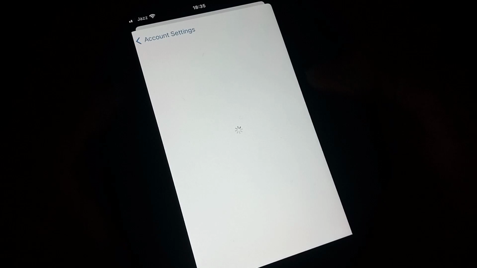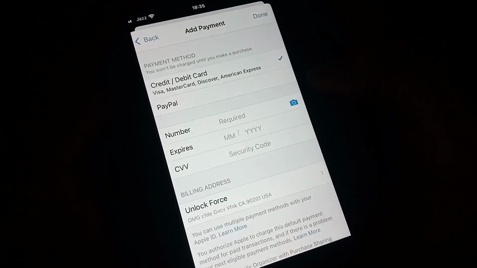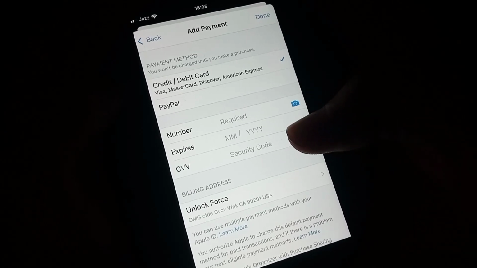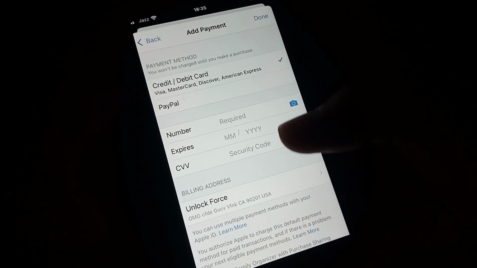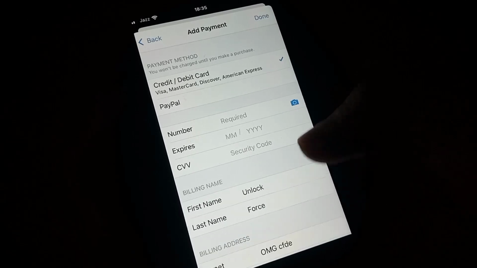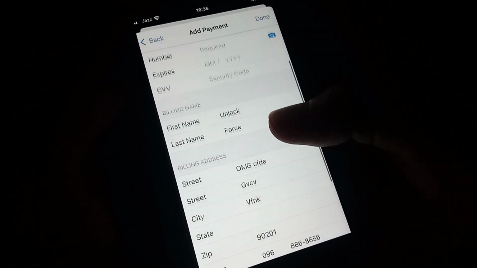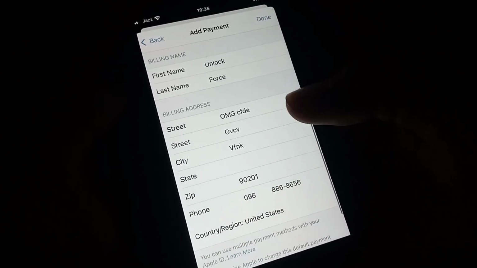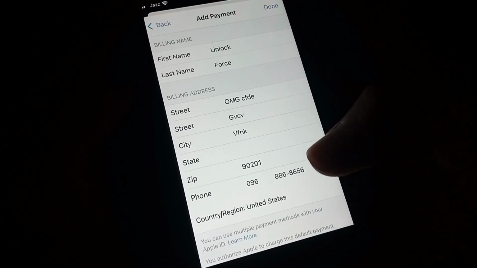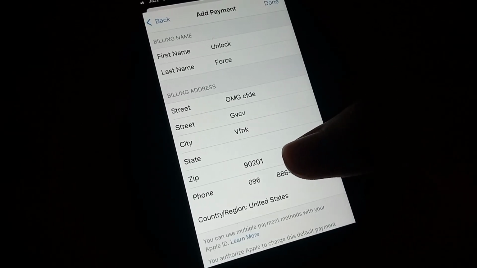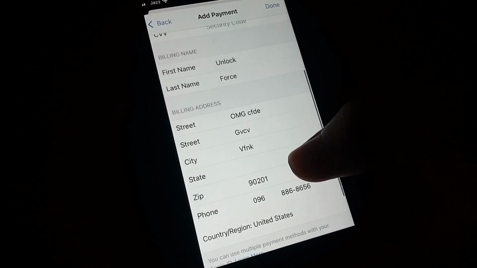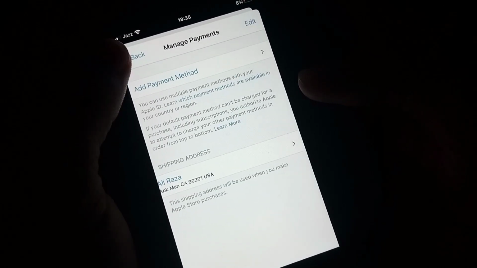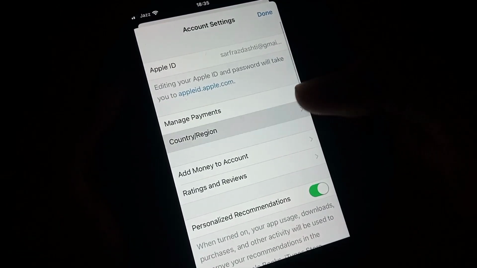So update your billing address here and double check your CVV number and expiry dates, etc. So here you have to check this one. Here you can change or refresh your payment method, billing address, etc. You also have to double check here as well, especially your zip code or city name, and then go back. After that tap on Country or Region,